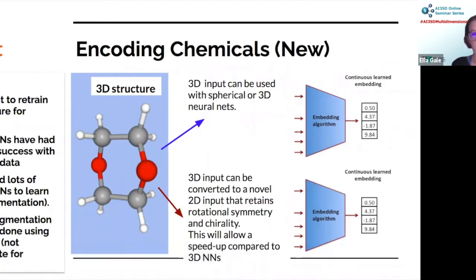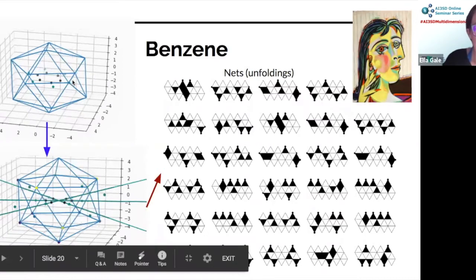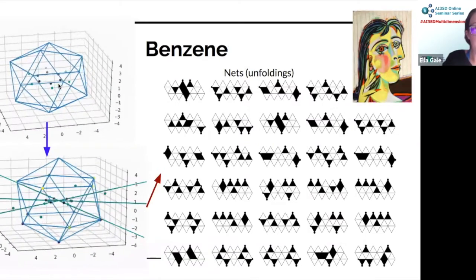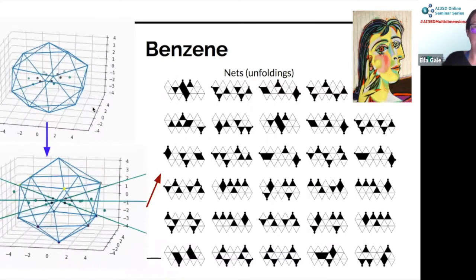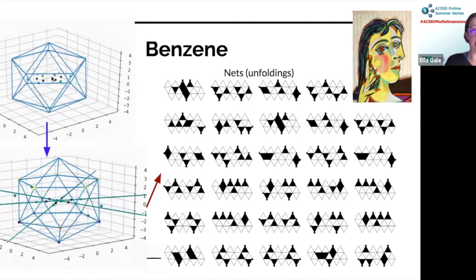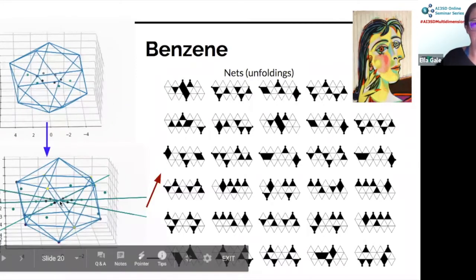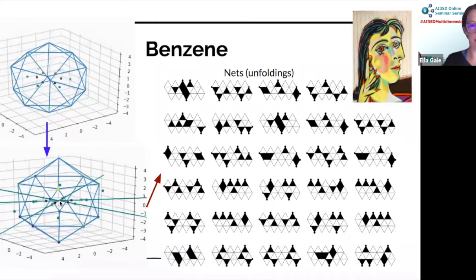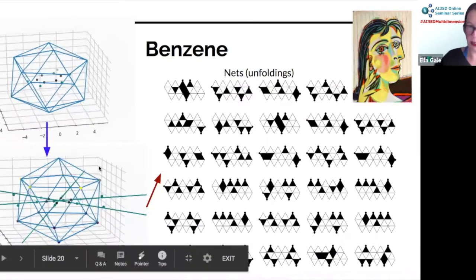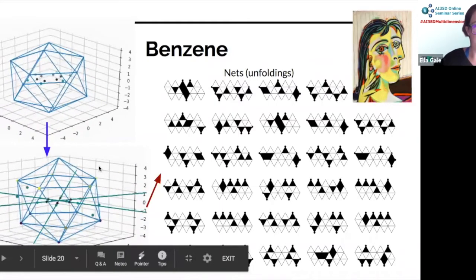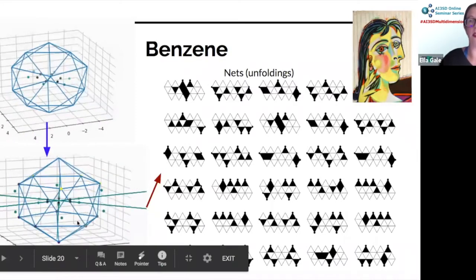So I'm just going to show you this sort of input. So what's happening here? So you see we've got benzene in the middle here. And I've put a shape around it, an icosahedron. That's what this shape is. And the idea is we encapsulate the molecule in a shape, an icosahedron. Then we imagine that at the center of the molecule there is a light. And this light shines light outwards onto the outside of the icosahedron and projects a shadow. And as you can see, okay, so once you've done that, you've projected a shadow onto the icosahedron.